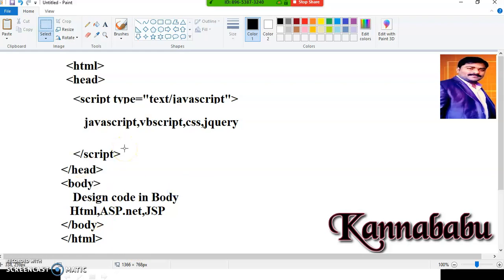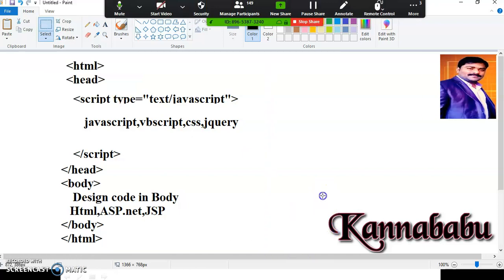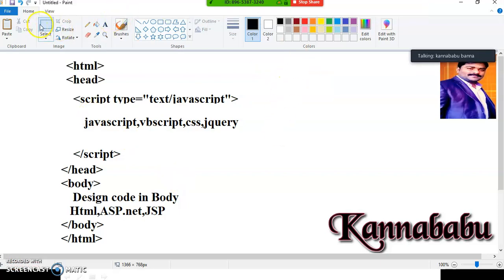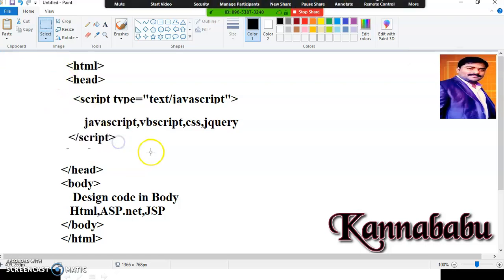So if you want to write any JavaScript program, you have to write it inside HTML only and save this program with .html. Inside this HTML file you have written the JavaScript code. Is it clear? And if you want to write any CSS code, styles, that code also you have to write inside the head section.